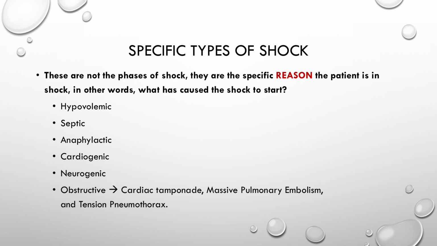So remember, specific types of shock are not the phases of shock, they're a specific reason why the patient is in shock. In other words, what has caused the shock to start? Is it hypovolemia? Is it due to sepsis, anaphylactic shock, cardiogenic, neurogenic, or obstructive? So obstructive can be a few things: cardiac tamponade, massive pulmonary embolism, which will cause right heart strain, and tension